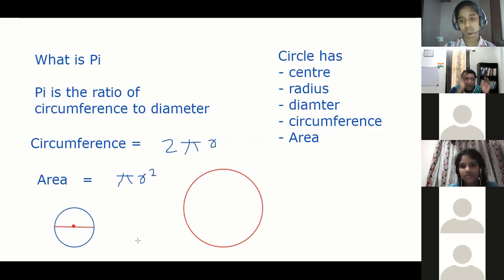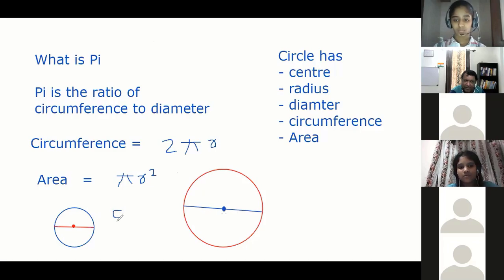Understood? Okay, diameter, sir. The diameter is the maximum length between two ends. Similarly, in that circle you are seeing, if I put another line passing through the center, this is what? Diameter, right? Yes, sir. So what I'm trying to tell you is, if I take a circumference,